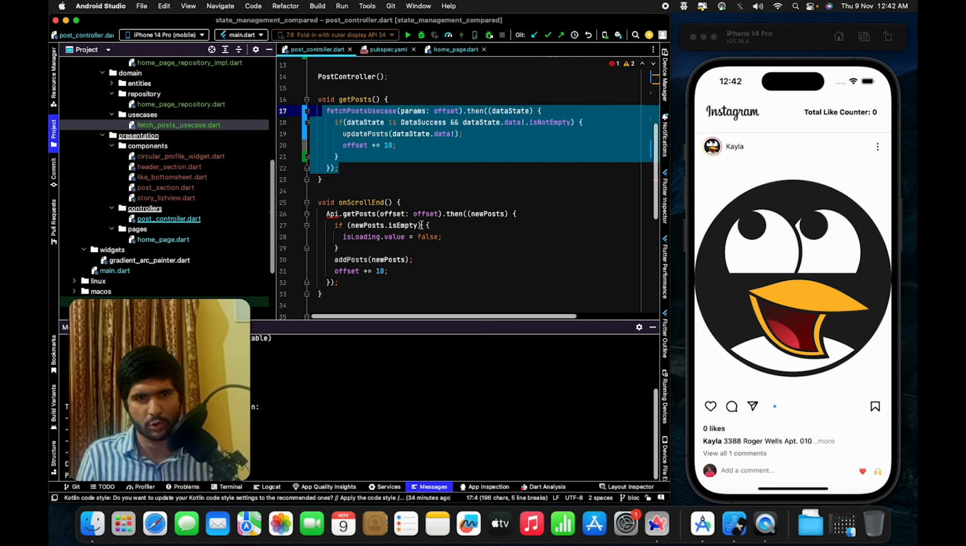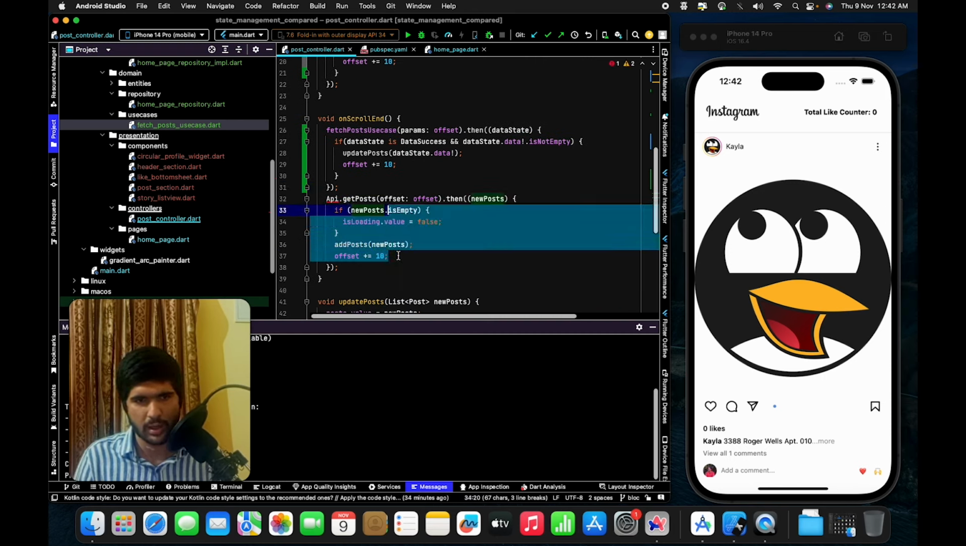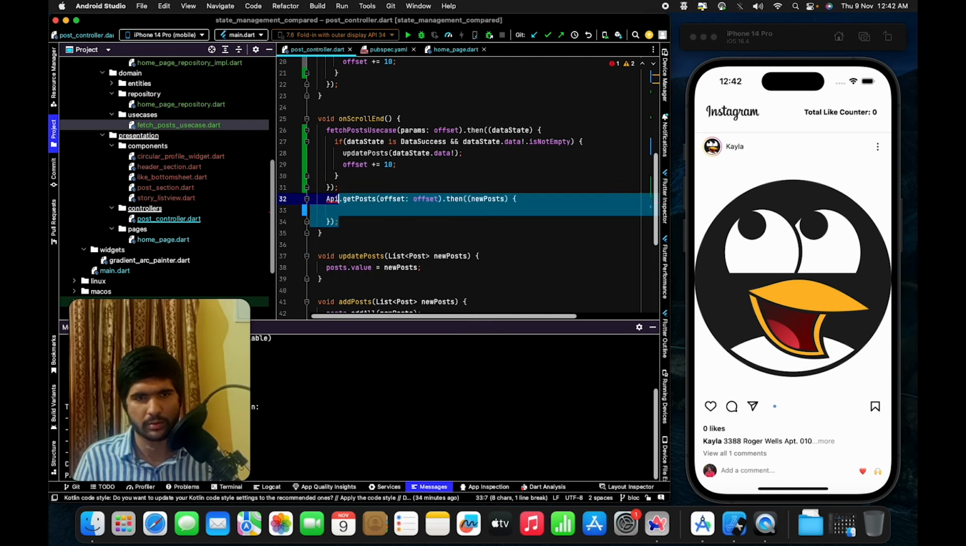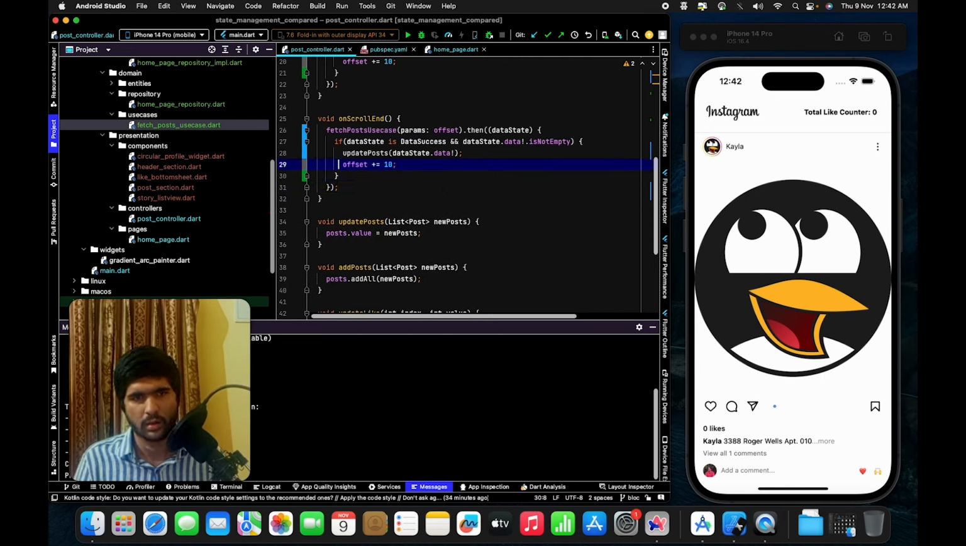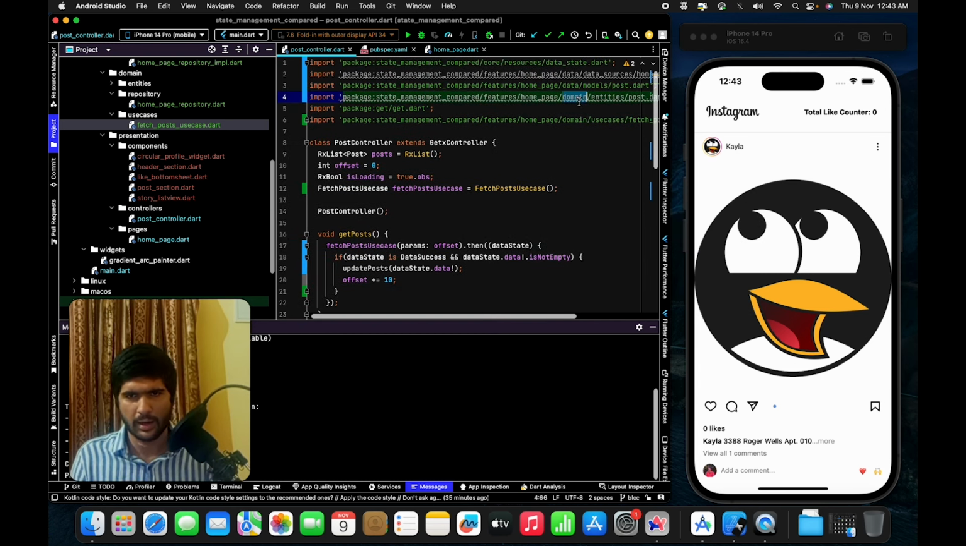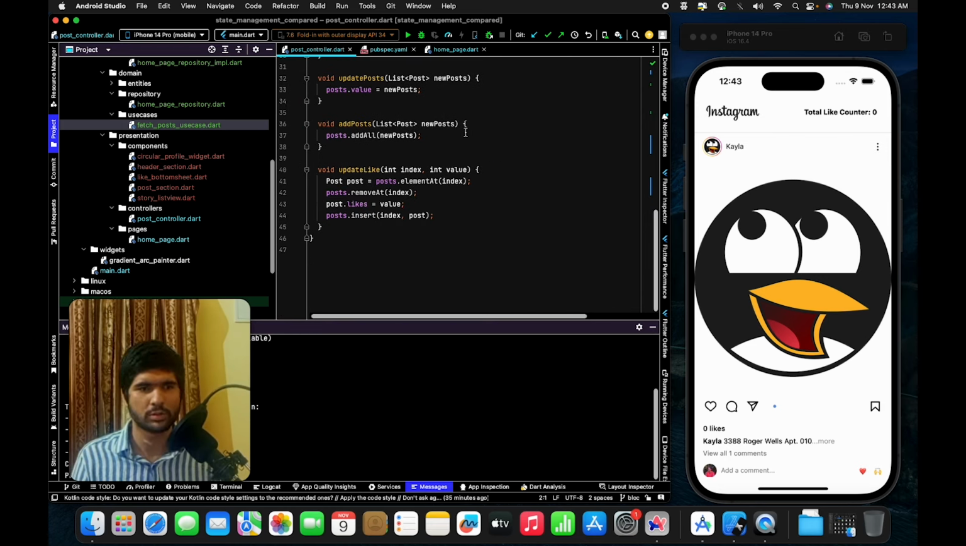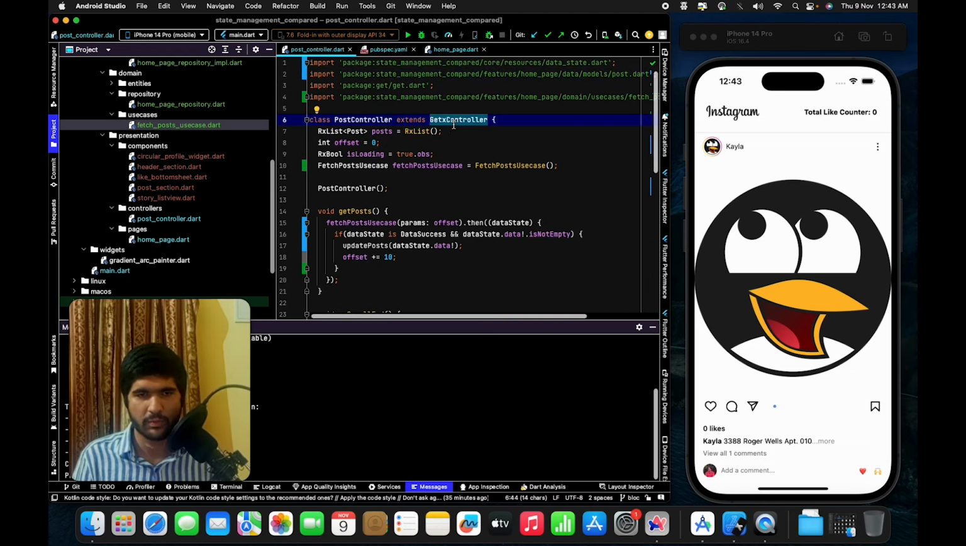Likewise, I'm going to copy that, and on scroll end also I'm going to paste that, and same we'll do here. All right, and I'll remove both these imports. Perfect. So right now what we have done is, with the help of GetX, we have not integrated Bloc yet,